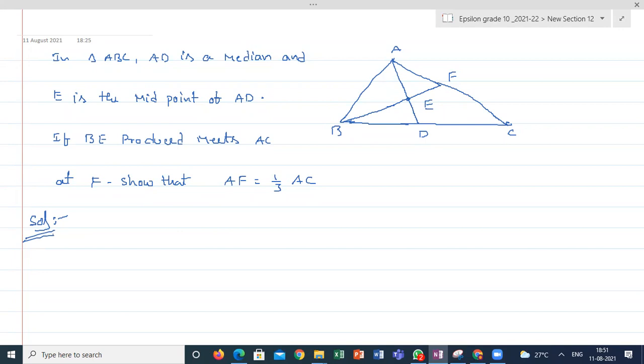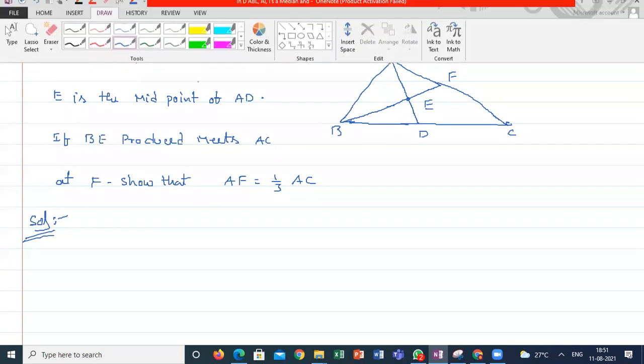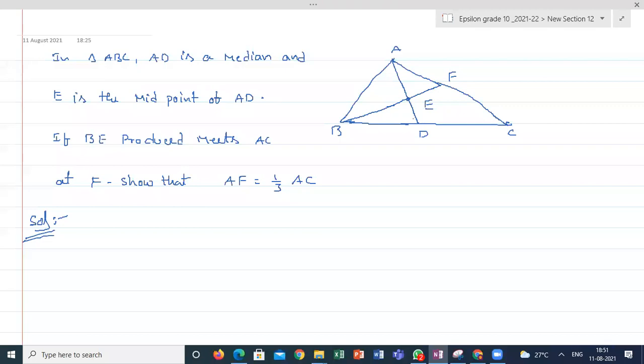That is one more clue I can give. So how to bring the AF and AC? For that I am giving a clue. You have to take one construction. This is your assumption. I am constructing a line from D to AC, which is parallel to BF. I am taking a line DZ. Construction I am taking: draw DZ parallel to BF. So this is the clue I can give. Try this question.